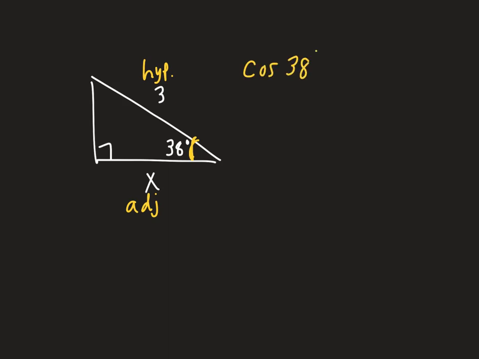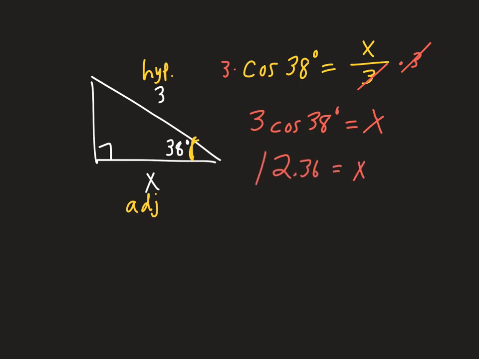I know that it's always the cosine of an angle equals its adjacent side, in this case x, over the hypotenuse. So what we're going to do in this case is going to be a little simpler. All we have to do is multiply both sides by 3. You're always going to multiply by whatever's in the denominator. Okay, and that'll cancel out that. So we're going to have 3 times the cosine of 38 degrees will equal x. Okay, and we're just simply going to go into a calculator. 3 times the cosine of 38. That's going to give me 2.36. Okay, again, it just has to be done on a calculator. That's going to be our side length down here, our little adjacent side. Okay, so again, just to recap, you want to go back to the